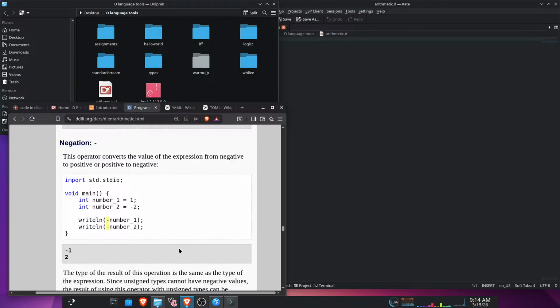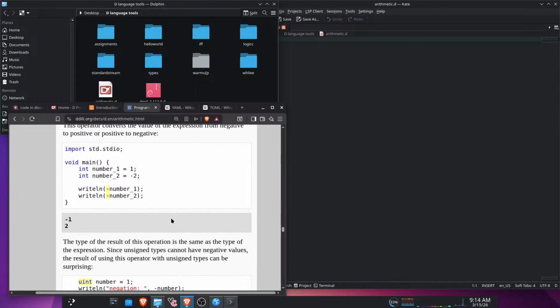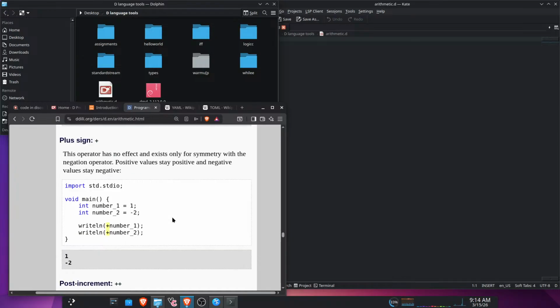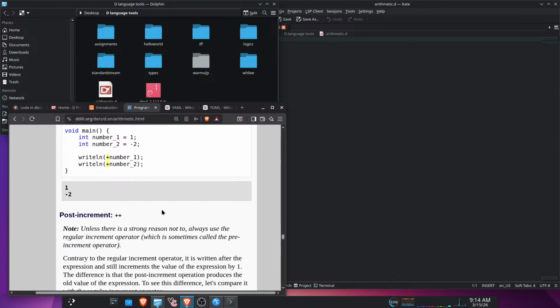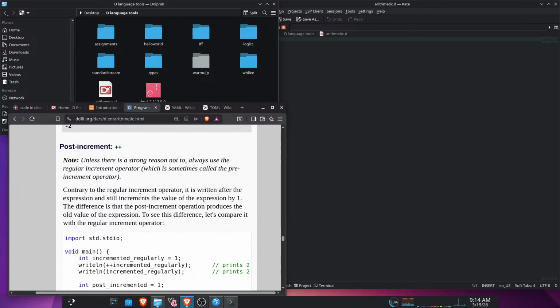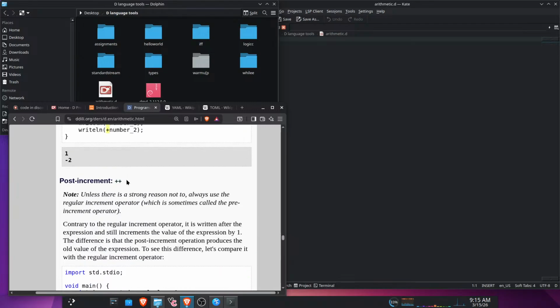Negation converts the value of the expression from a negative to a positive or positive to a negative. Very interesting. Very useful. Plus sign has no effect and exists only for symmetry with the negation operator. Positive values stay positive and negatives stay negative. This language has such an interesting architecture. It is very different from C. Import, oh, what is this? Post increment. Unless there's a strong reason not to, always use a regular increment operator, which is always called the